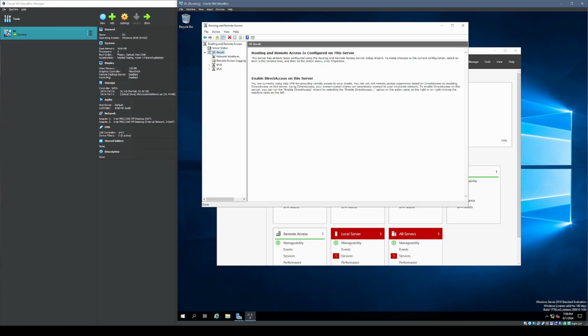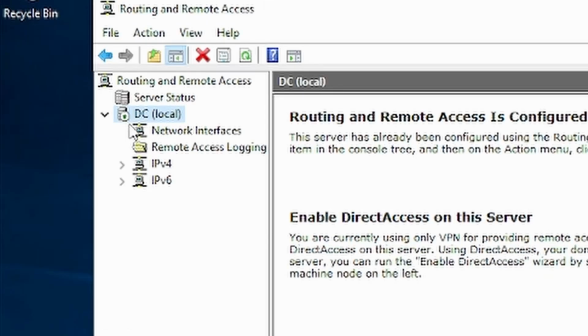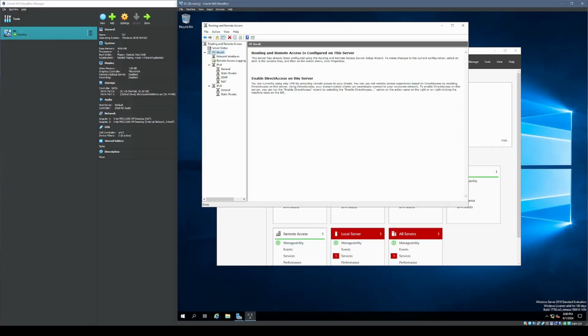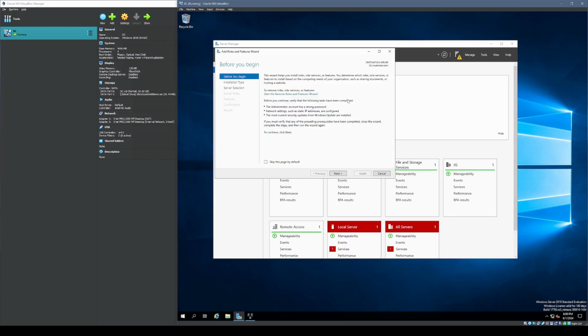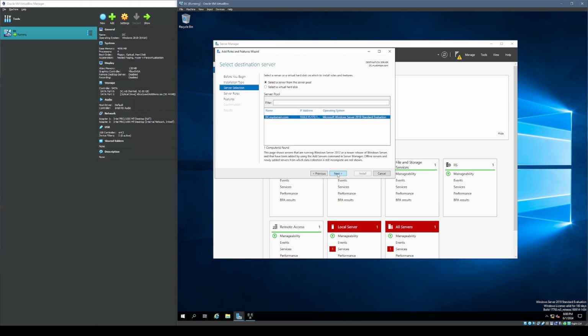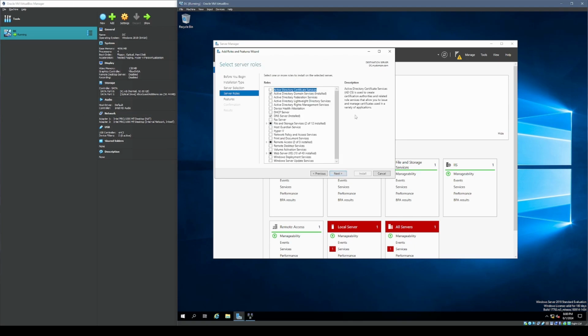So now you see, I don't know if I can really zoom in on here or not, but you'll see that there's an up arrow now. We're going to set up DHCP now. We can go ahead and minimize this if we want. We'll go to add roles again, and we're going to do the same thing. We can click on next, and now we're going to click on DHCP server, add the features, next,